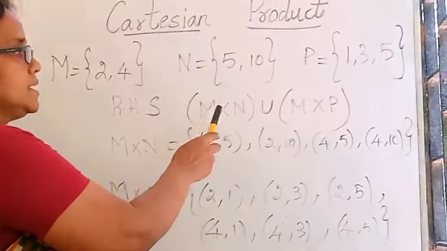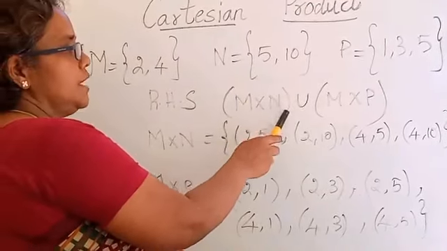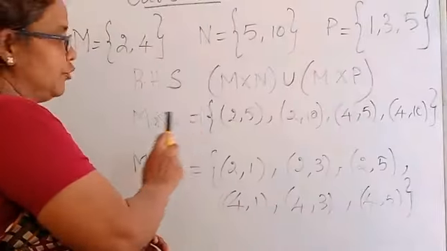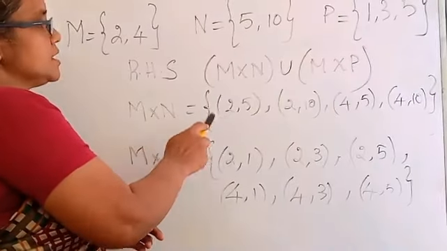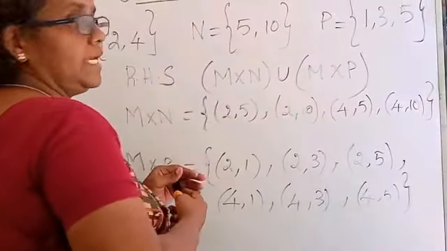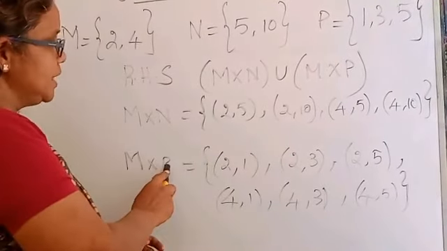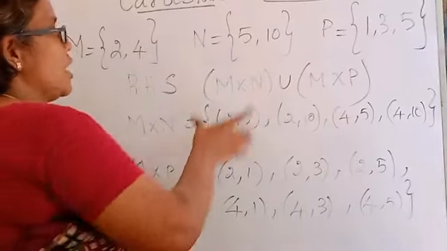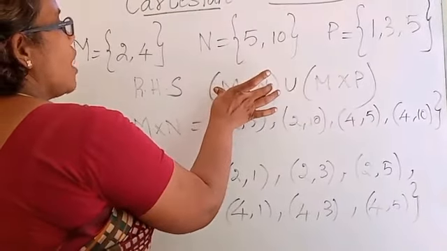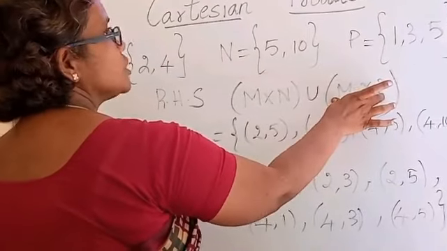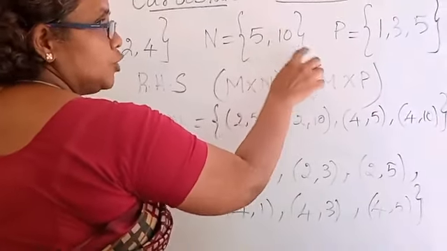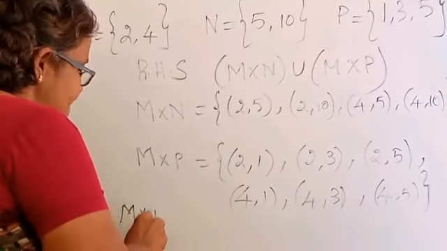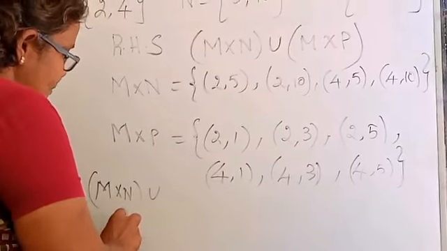Moving on to the right hand side of the expression. What do we have on the right hand side? It is nothing but M cross N union M cross P. So I have already written it on the board for you. M cross N is a set which consists of ordered pairs like this. Likewise, M cross P consists of the ordered pairs like this. So I have found out the ordered pairs, the answer for M cross N and the answer for M cross P. Both these I am going to find the union of. So just look at this one. So M cross N union M cross P